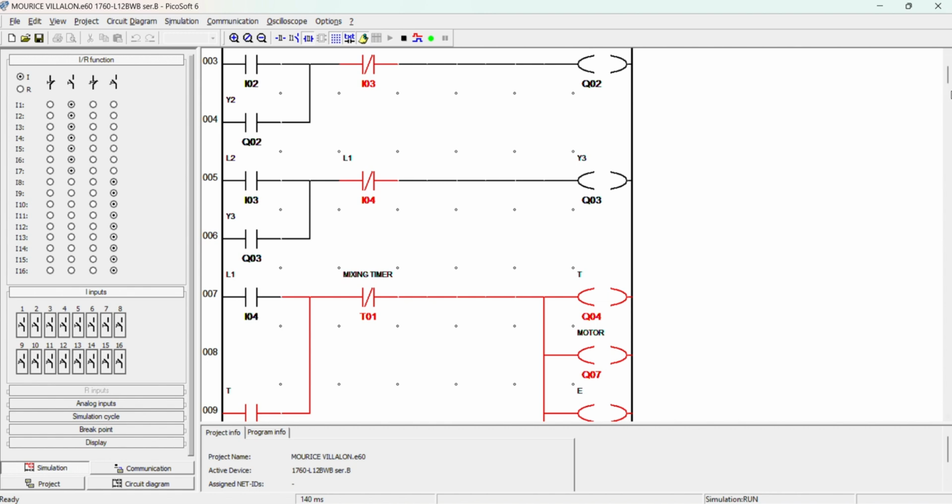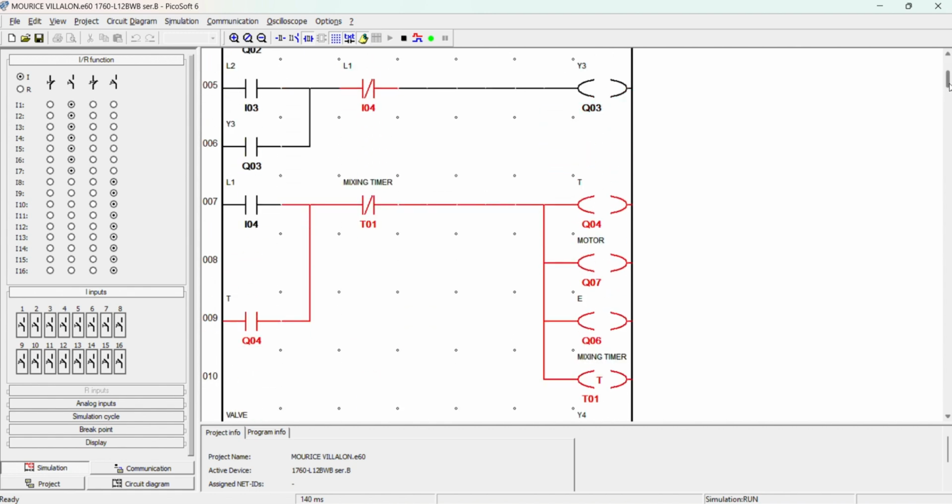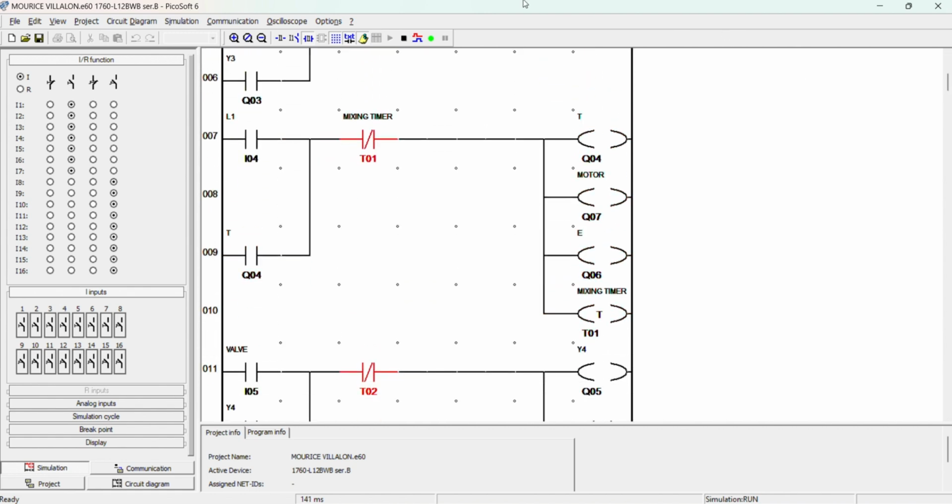After the trigger, the sensor L1 will supply the motor, the temperature sensor for the electric cooker, and I also put a mixing timer, timer 1, so that it will trigger the brake switch, the brake timer, to stop the supply, or let's consider the mixing of the variety of liquids done.